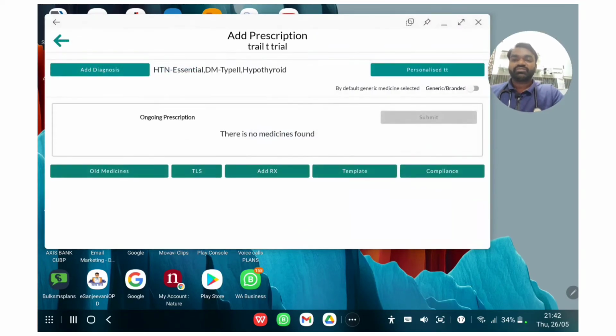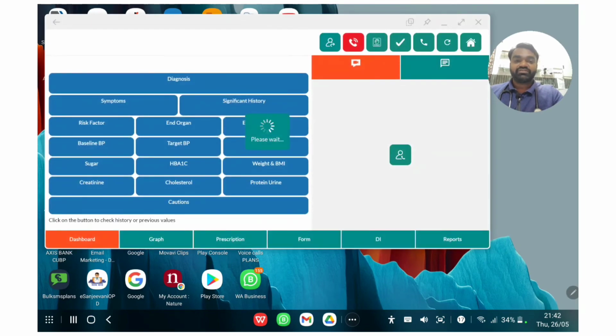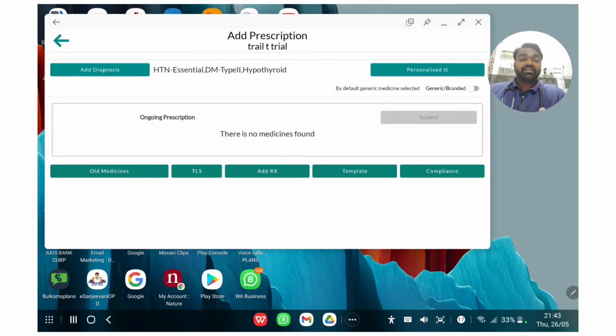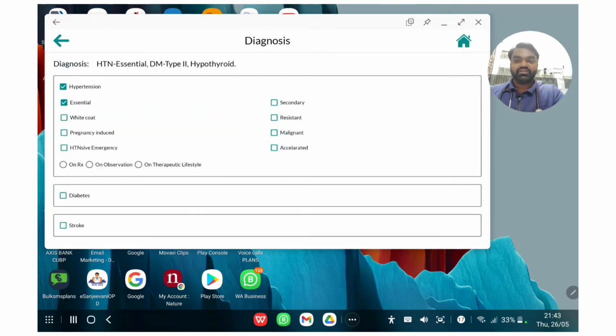I'll go to the prescription. The diagnosis of the patients gets reflected over here, so you don't have to remember the diagnosis of the patient, what it was and all. It gives personalized treatment options also for the particular patient. So you have personalized treatment of the patient,